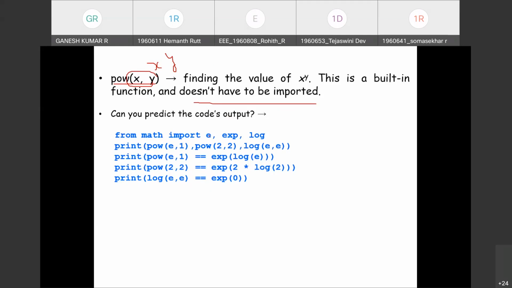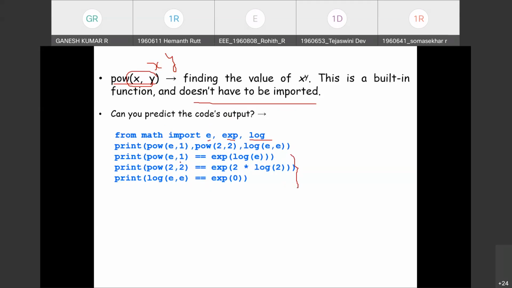Now, having understood the different functions, can you predict the code's output? From math, we import a constant e, exponentiation exp, and log. Print pow of e comma 1, pow of 2 comma 2, and log of e base e, and check whether they are equal or not.